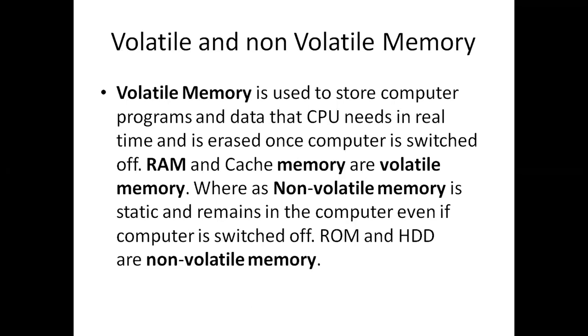What is the general meaning when you switch off your computer? If you have done some file access and all those things, if you have written something without saving it and you switch off, the volatile memory like RAM will erase the data. So cache memory and RAM come under volatile. And what is non-volatile? If you switch off the computer, that data will be stored as it is.